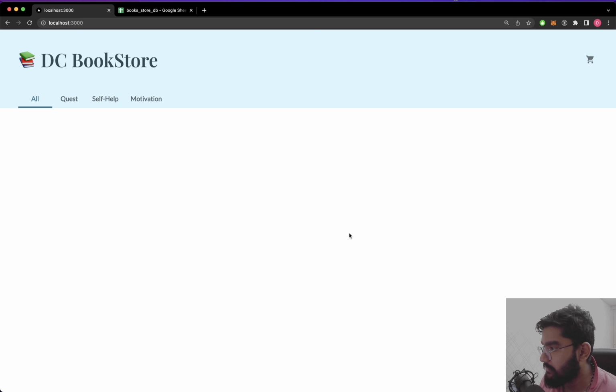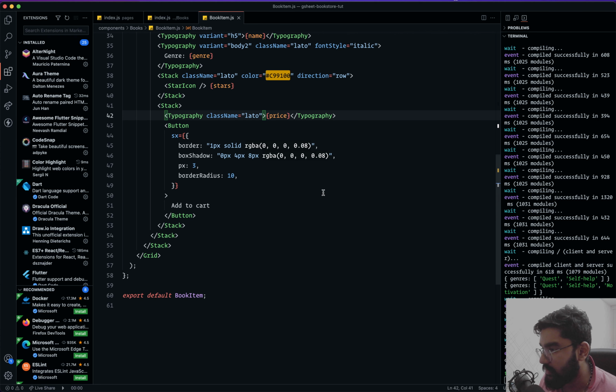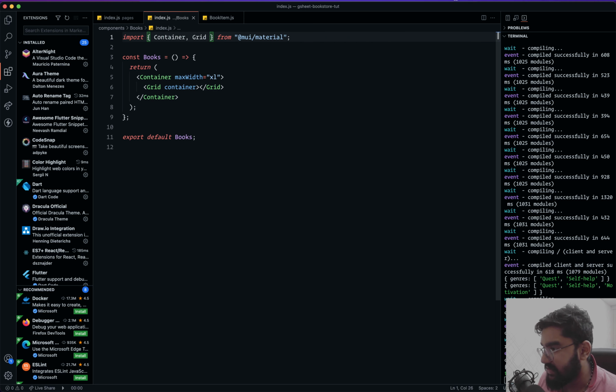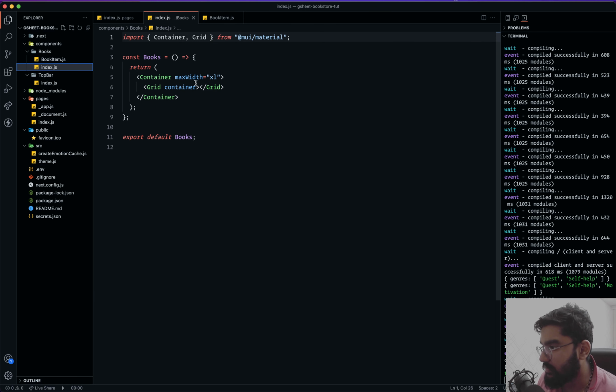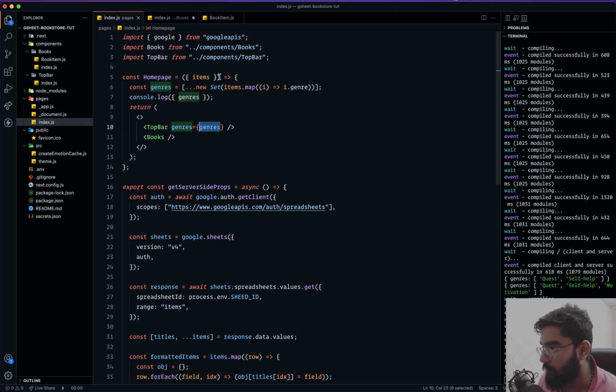So if we do that, we have the same thing. Perfect. So now we were on the price. Let's actually change the variant of it to be of H6 and align items to be of stack, and justify content of space between. So now let's head back on the books component, and over here let's actually go back to the index